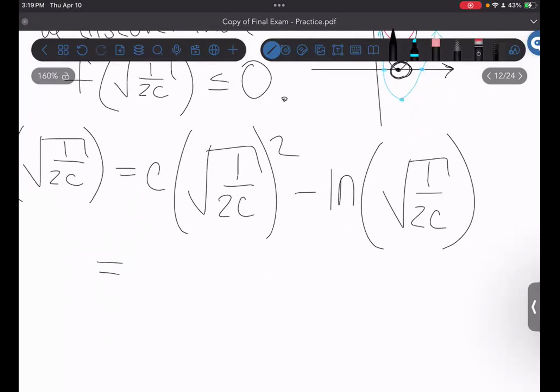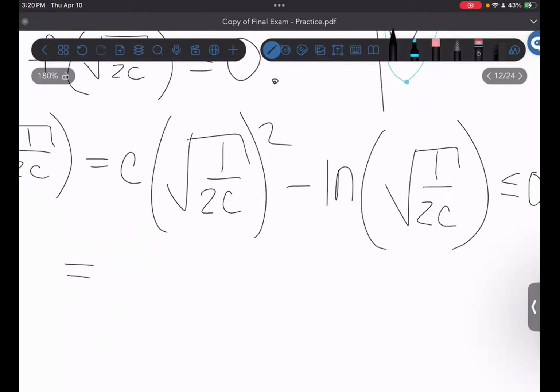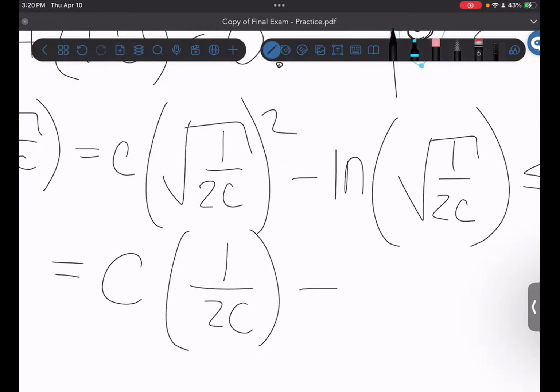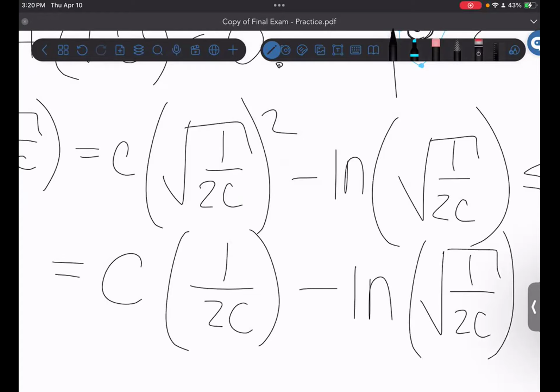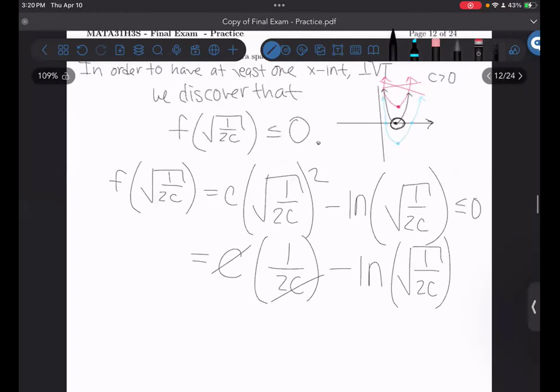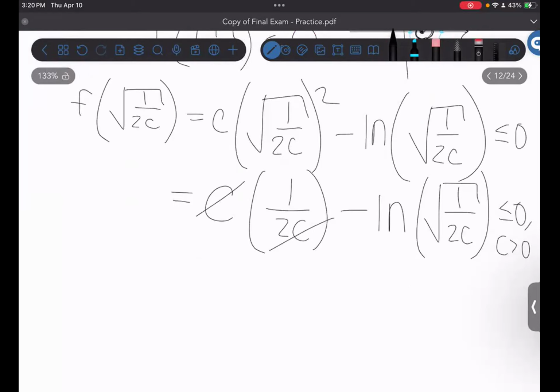All right, and we know that has to be less than or equal to 0. So this is just like solving. I'm going to get c times 1 over 2c minus ln of the square root of 1 over 2c, right? And I could cancel out the constant c, since we know that c is greater than 0. So I get half minus,